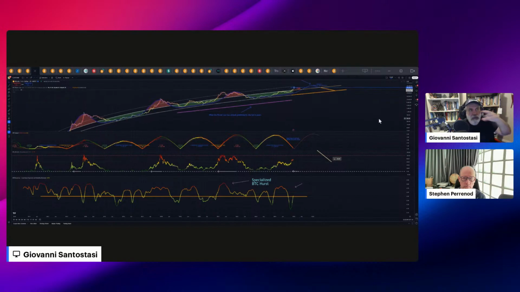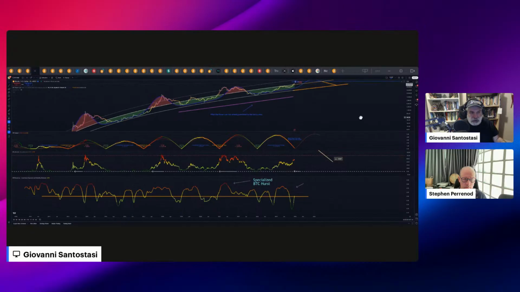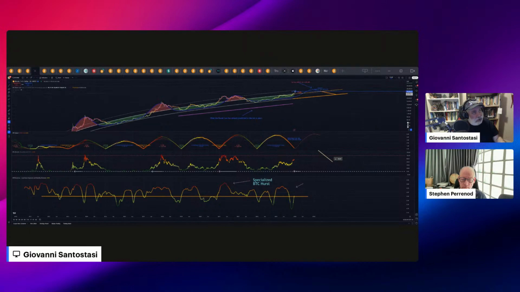So the price is equal to time to a power, a number that is not quite 6, but very close to 6. We think the reasons have to do with the hash rate and with how the addresses grow, and addresses are supposed to be a proxy for adoption. Ultimately, adoption is the key ingredient that makes the price go up, and the relationship between the addresses and the price is also a power law, very close to what is called Metcalfe's law. And Metcalfe's law says that